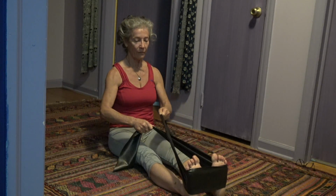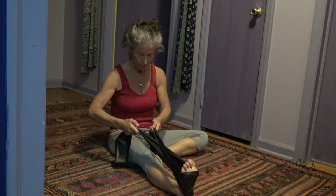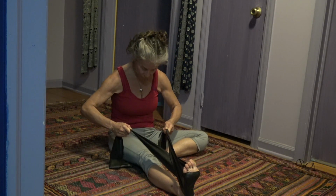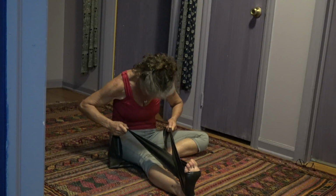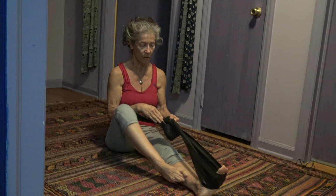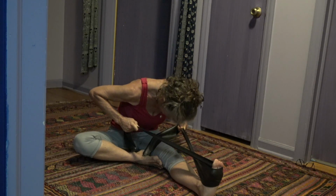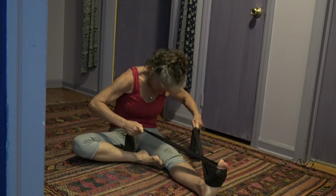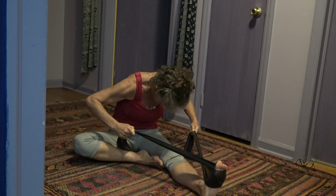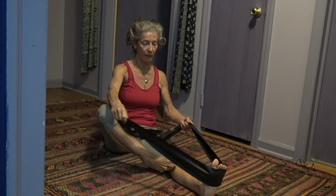From there, we left one leg and bent the other, and we continued. And this is a little stronger pull on the lower back, and then we changed. And we did it to the other side. As you can see that I'm not going forward, I'm staying on top to really open in the lumbar. After we did that, we put the legs back in,